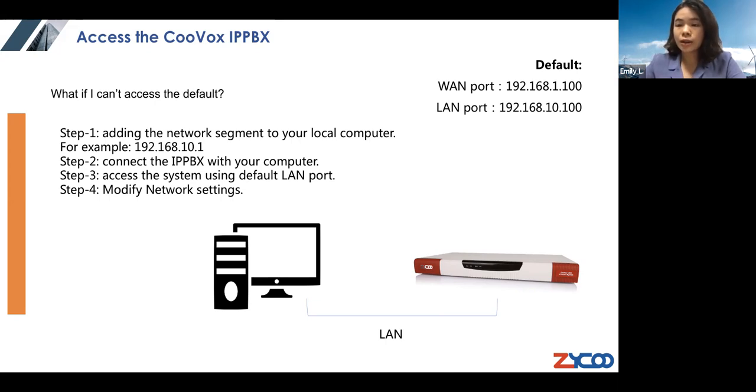That is because, due to different network settings, you might not have the 10.100 segment, like the IP address segments, in your network. So that won't allow you to access the default port with this IP address. So if that is the case,